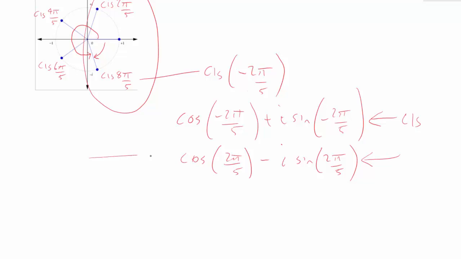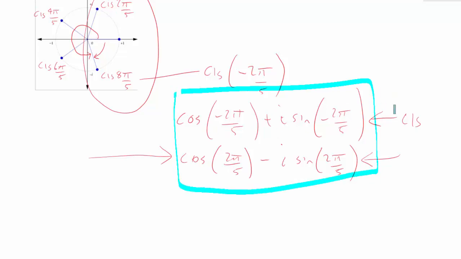So more normally, if you see this in a question, you have to have the gumption to realize that because cos is an even function, I can put a minus sign in there. And this minus sign can be incorporated into the sine because sine is an odd function. So these 2 expressions here are equal to each other. The top one is the useful one. Nevertheless, for this chat, let's just have a look at